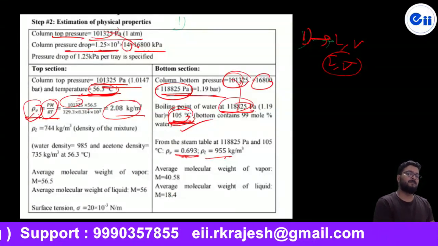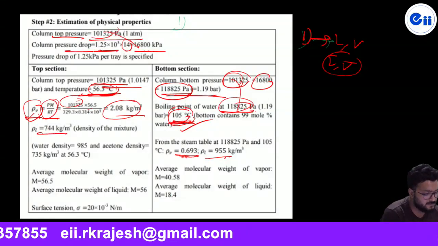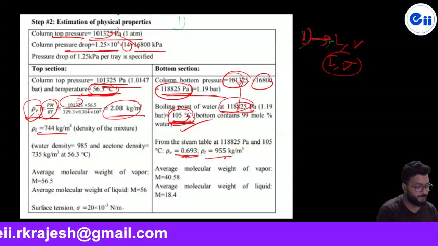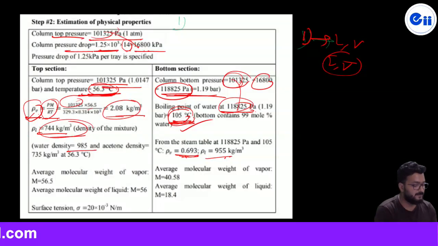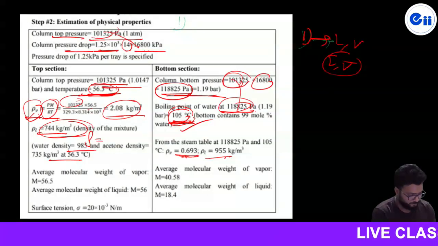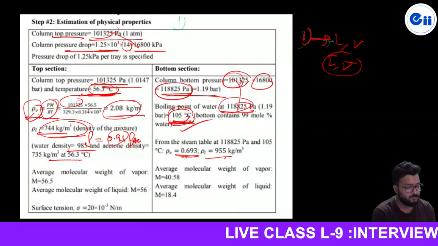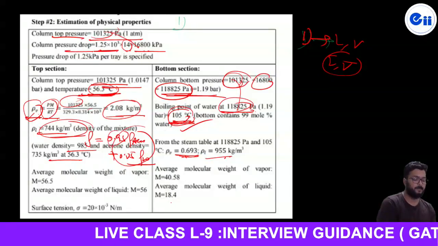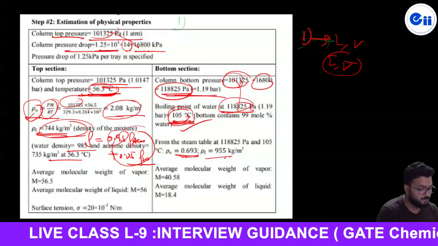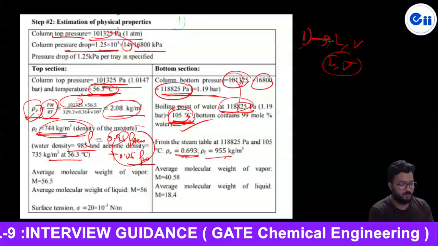तो every vapor, I told you in the column, every vapor should be saturated vapor, every liquid must be saturated liquid। तो इस तरीके से हम डेंसिटी लिक्विड की और वेपर की निकाल लेंगे, ओके। अच्छा, हम डेंसिटी लिक्विड मिक्सचर कैसे निकालेंगे? डेंसिटी ऑफ द वाटर की दिया हुआ है और एसीटोन की दिया हुआ है। तो रो ऑफ मिक्सचर निकालने के लिए, चूंकि टॉप पे है तो 0.95 एसीटोन है इंटू डेंसिटी ऑफ एसीटोन प्लस 0.05 इंटू डेंसिटी ऑफ वाटर। इस तरीके से करके हम डेंसिटी ऑफ मिक्सचर निकाल लेंगे, ठीक है बच्चे, लिक्विड का। और सिमिलरली वेपर का निकालने के लिए हम यही काम करेंगे। तो नाउ दिस इज द वे हाउ कैन यू कैलकुलेट द डेंसिटी।